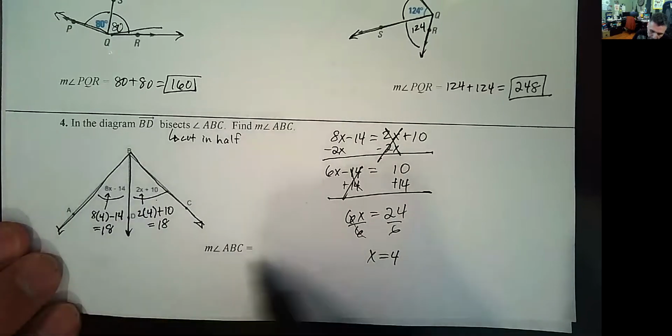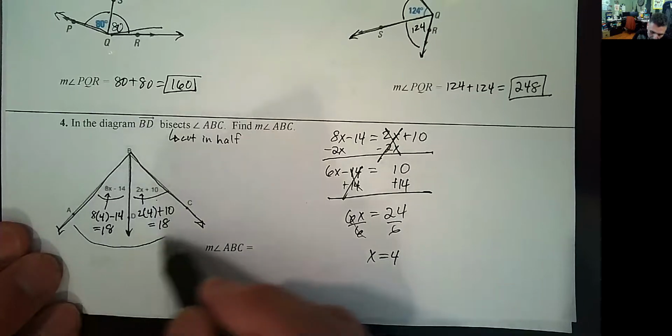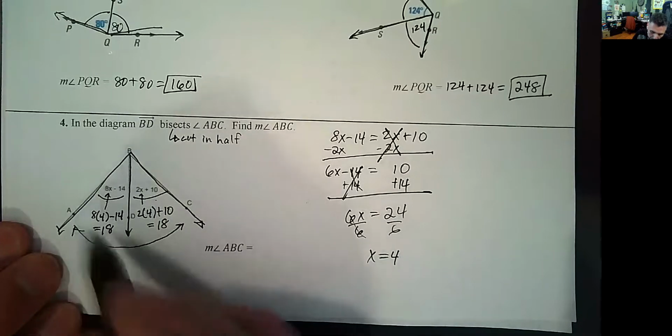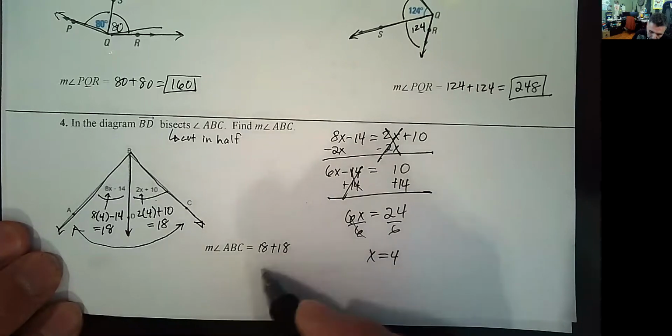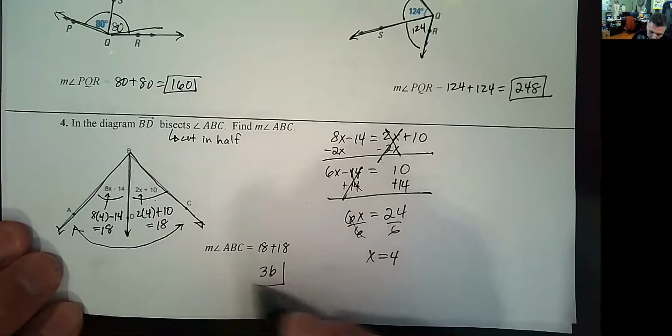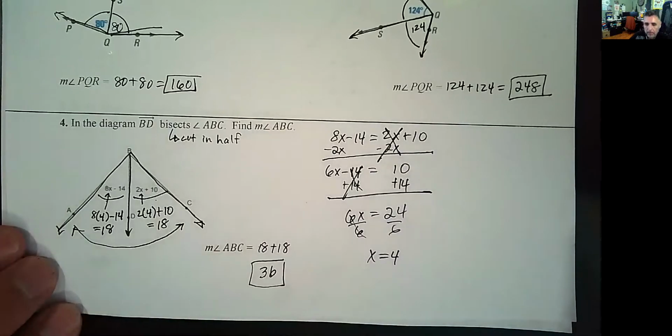And then angle ABC is both of them together. So it's 18 plus 18. I'm going to put it down here, 36. Okay. So let me go ahead and